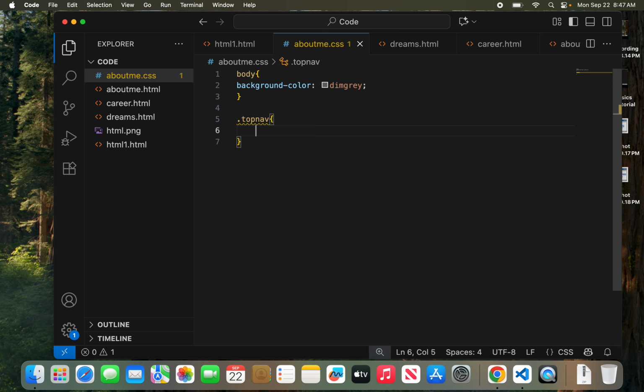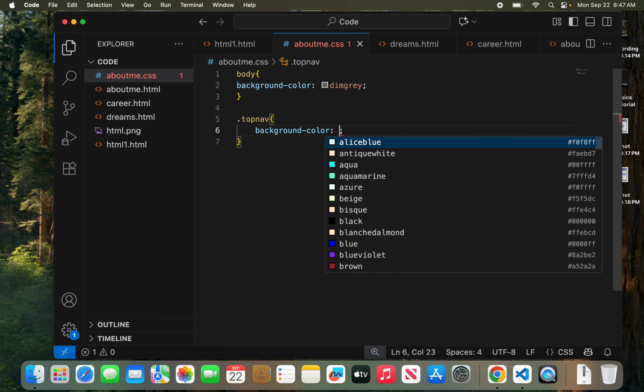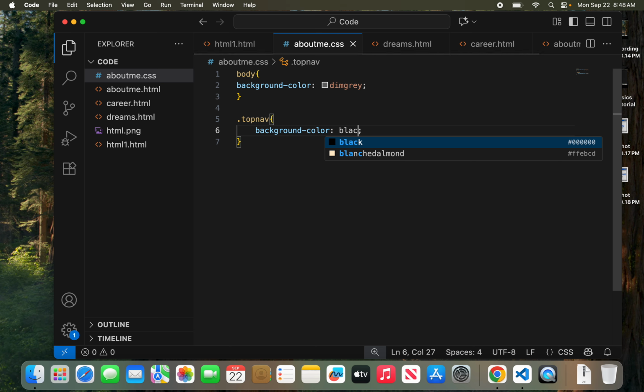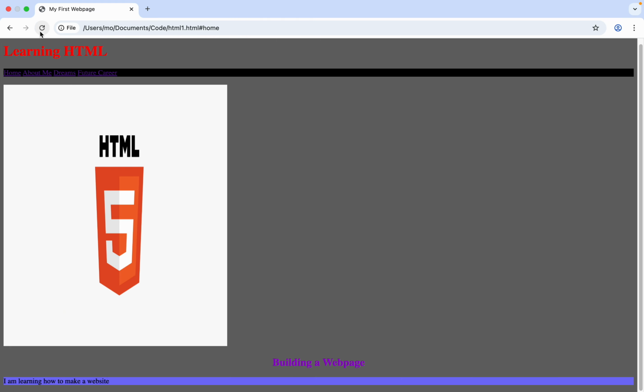Now, the first thing I want to do is at least add a background color to our nav bar, and in this case I'll just go ahead and do a simple one. So let's just do black, and that would then give us some sort of color for our nav bar. So coming back here, reset. Now we see we have a black